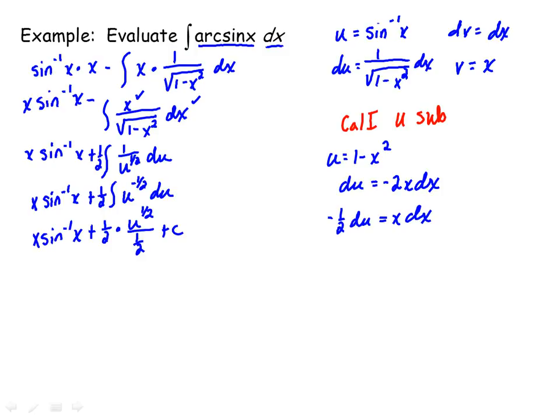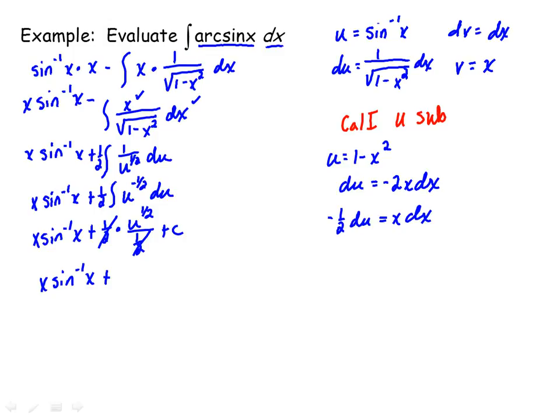When you take the antiderivative, the little s symbol goes away. So for the antiderivative, you add 1 and divide by your new exponent. So if you add 1 to negative 1/2, you're going to get 1/2 and divide by that new 1/2. Now, what do we do with that denominator? Yes, you multiply by the reciprocal. What's 1/2 divided by 1/2, or 1/2 times 2 over 1? They cancel out. All right, so we're going to have x sine inverse of x plus u to the 1/2,